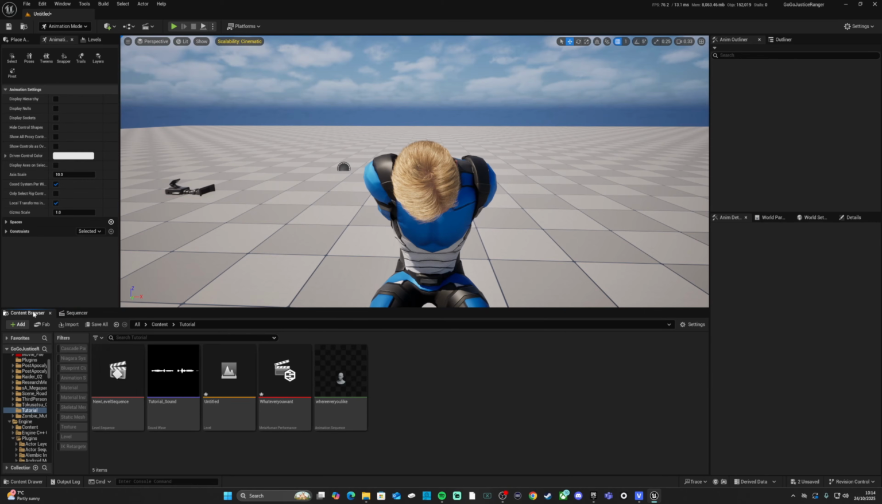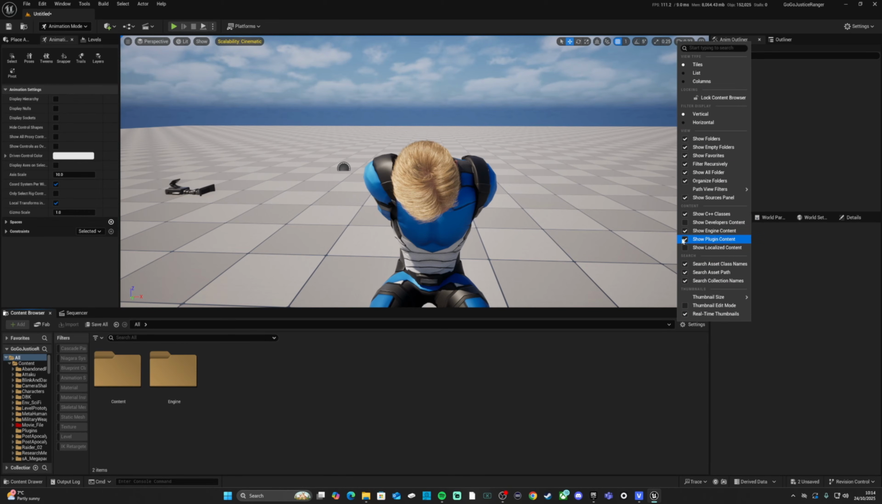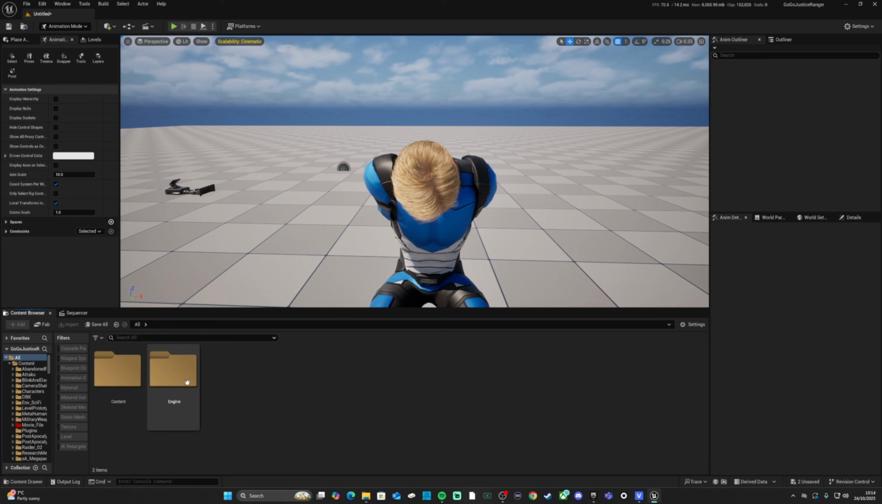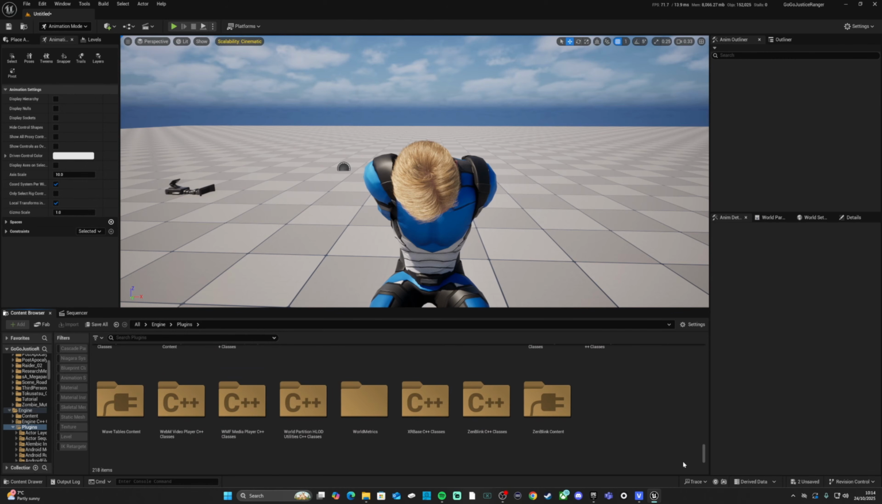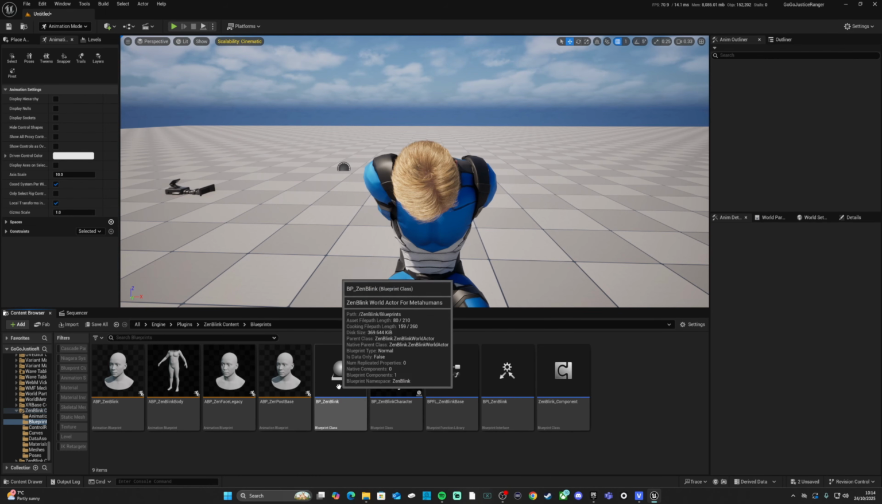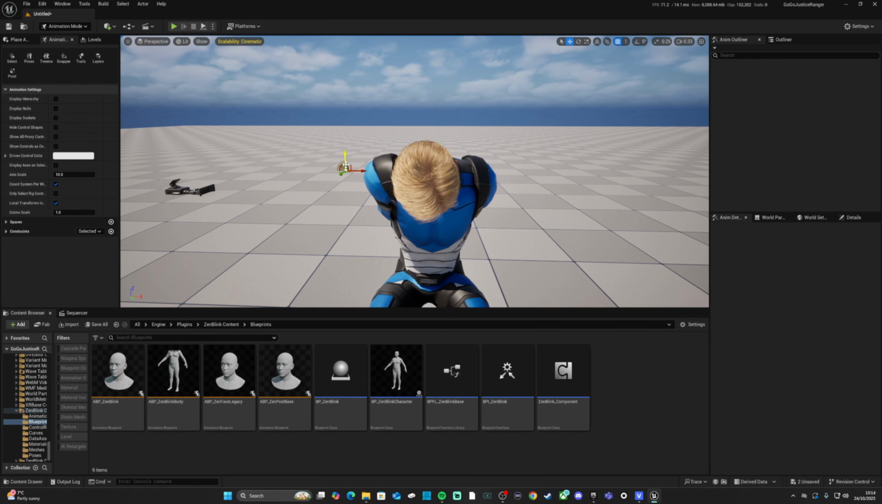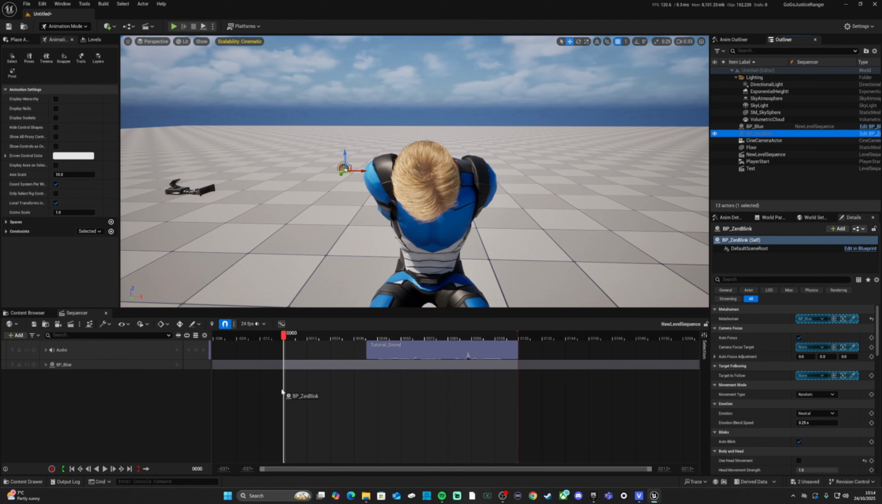But all you need to do for this is first go to settings, I suppose, and make sure that show plugin content is enabled. Go to your engine, go to plugins. With it being called ZenBlink, it'll probably be right at the bottom. Go into ZenBlink content, go to blueprints, and just drag in this blueprint class. Now I've already got it in the scene, it's just over here. And then within the details panel, you want to select your Metahuman of choice, and then just drag the ZenBlink